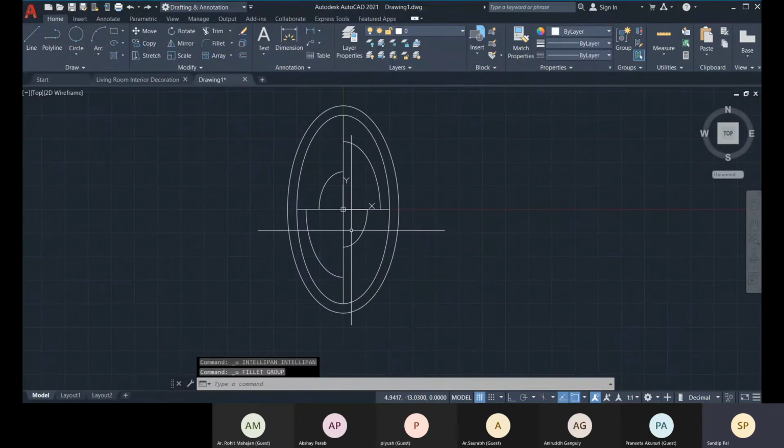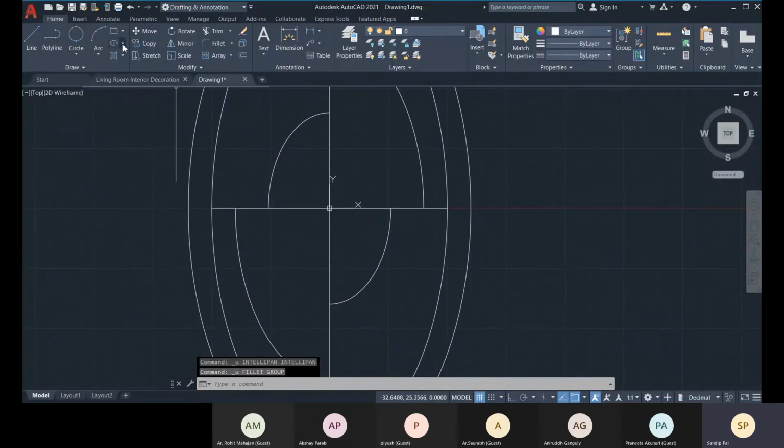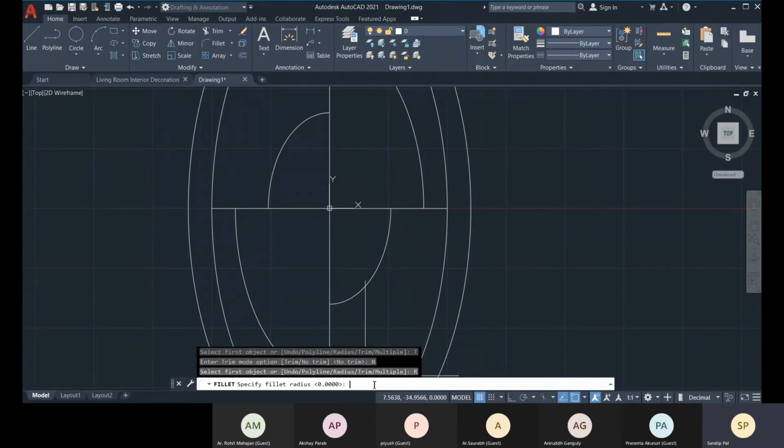So for that I shouldn't do like that. I have to check that option, trim. So that should be selected as no trim, and then provide the radius, it is 10, and then select the vertical line and select this side of this horizontal line.